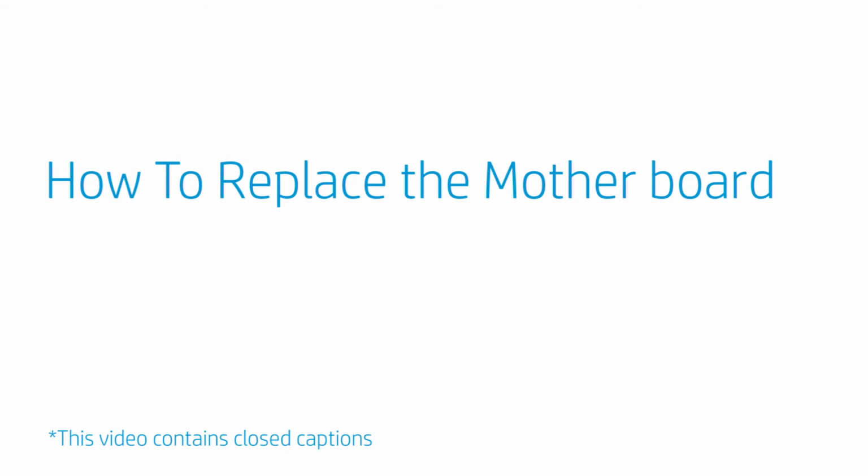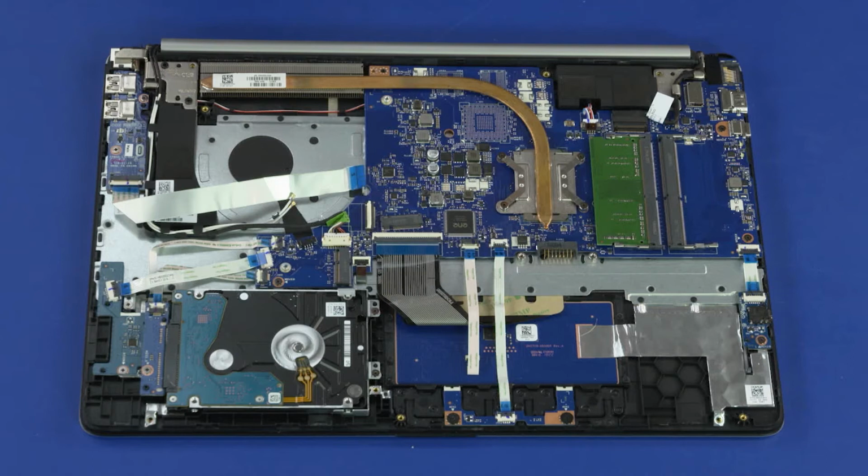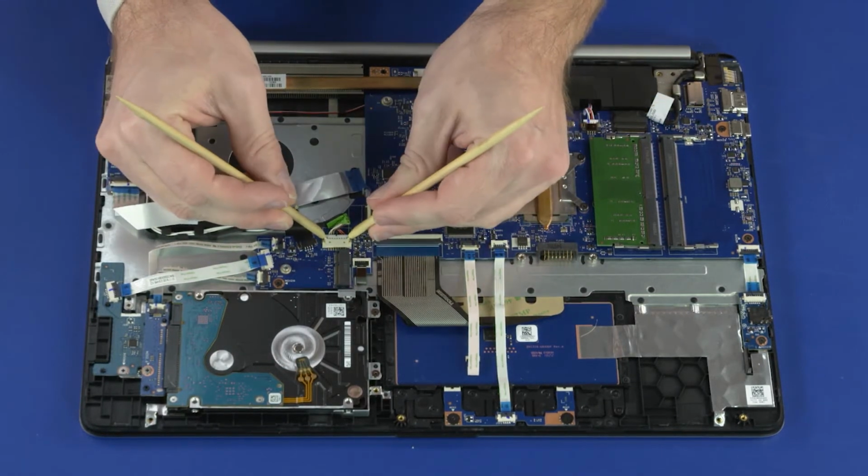How to replace the motherboard. Before you begin, remove the base enclosure, battery, M.2 solid-state drive, WLAN module, and fan. Removal: disconnect the following cables from the motherboard. DC-in cable,